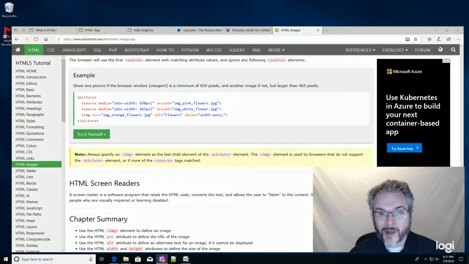We've been talking about web graphics. I thought I was done, but I've changed my mind. There's one more thing I want to talk about. You may have heard of responsive web design, which is when you design a web page that acts differently on a phone or on a small screen than it would on a big screen, and that sort of thing. Most of that, well, for one thing, if you're making a very simple web page with just plain